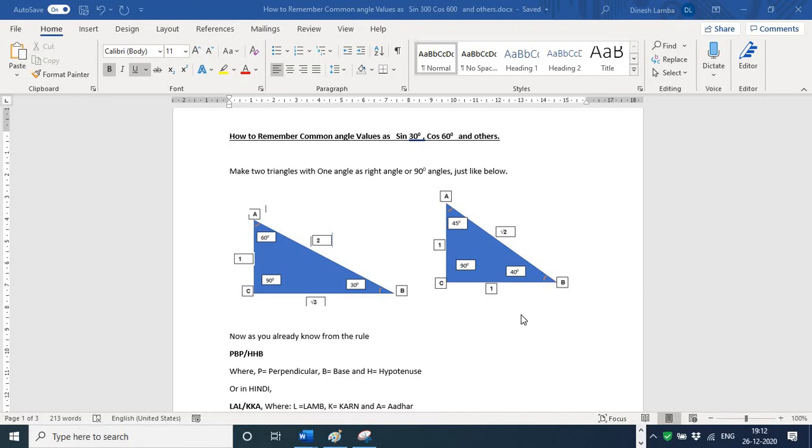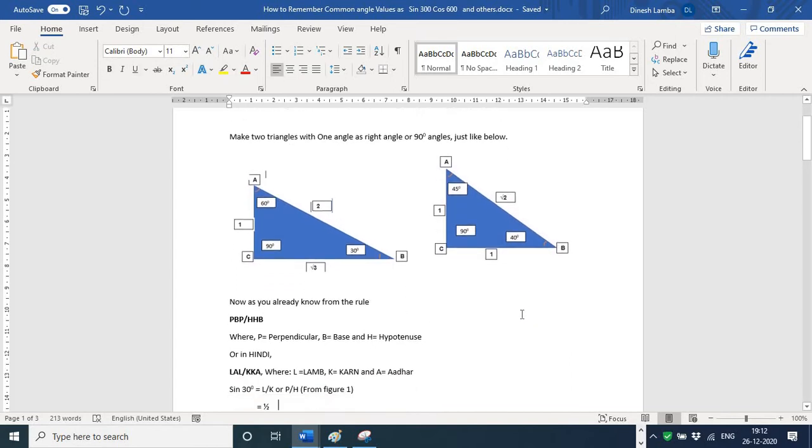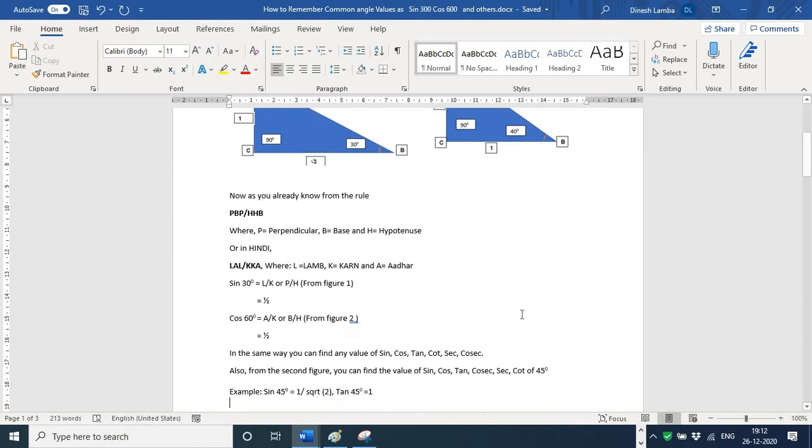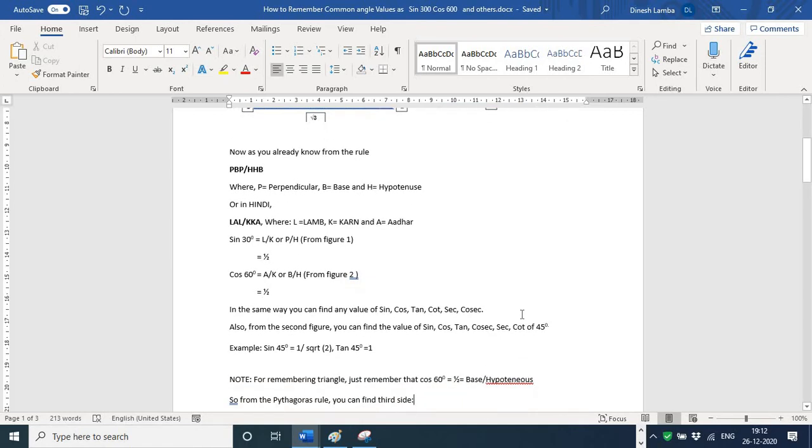for 45 degrees. Now you already know the rule PBH, where P is equal to perpendicular, B is equal to base and H is hypotenuse. Or for some Hindi students, you already know the rule is Lal Bate Kaka, where L is lamb, K is Karn and A is Adhar. Now from this rule,